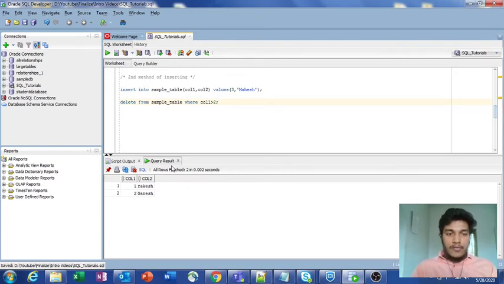If you have multiple records like column values 1, 2, 3, 4, 5, and you specify the condition col1 greater than 2, then it will delete all the records where col1 is greater than 2. That means it will delete the records having col1 as 3, 4, 5 if you have only 5 records. That is how it deletes a group of records based on a specific condition.